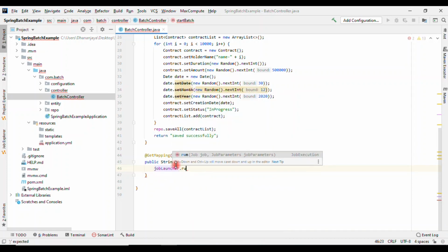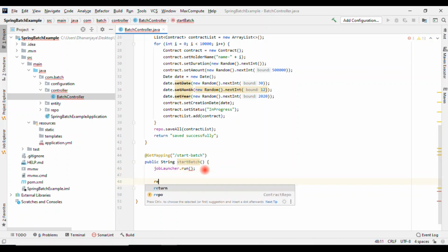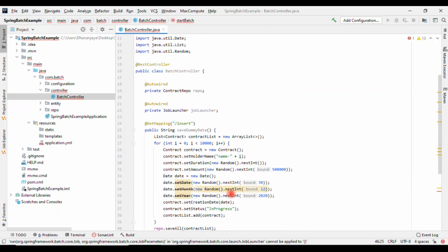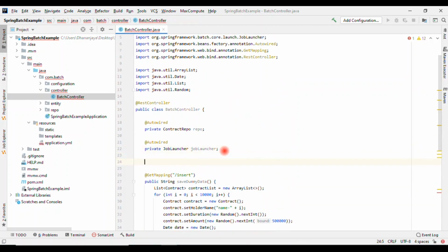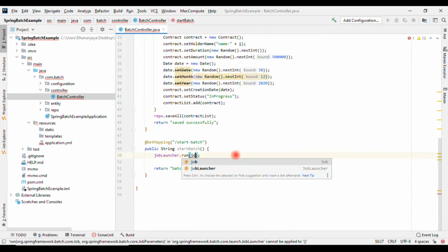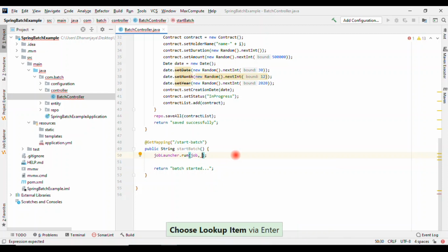Say job launcher dot run. You see here in run the job is needed and job parameters are also needed. We need to give the job, right? So job you also need to inject. So let me inject the job. This job will be passed here, and here we need to pass one parameter, but that parameter should be unique.